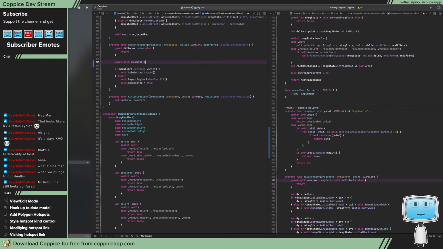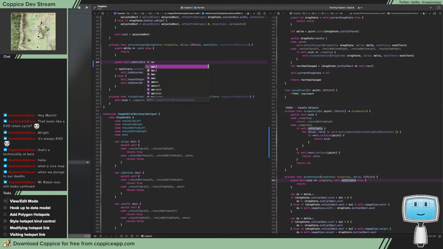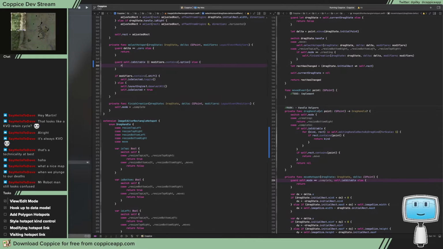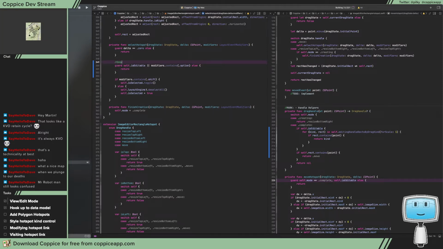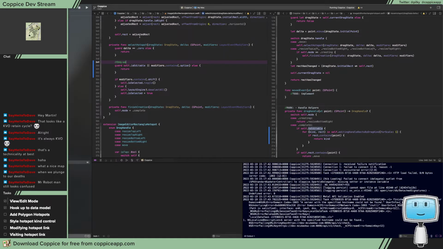Delta is editable, or modifiers option. Edit mode or